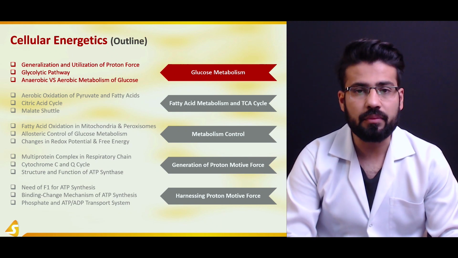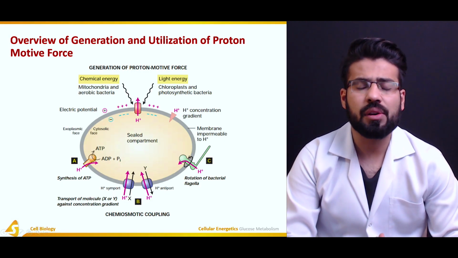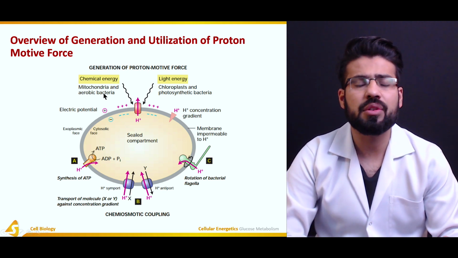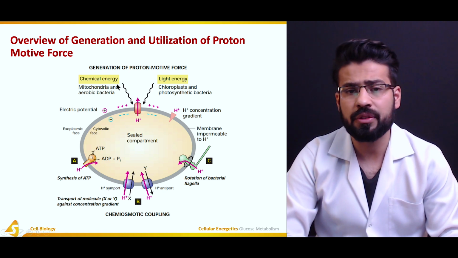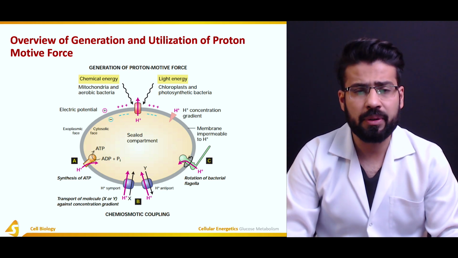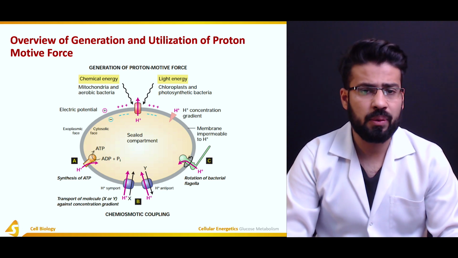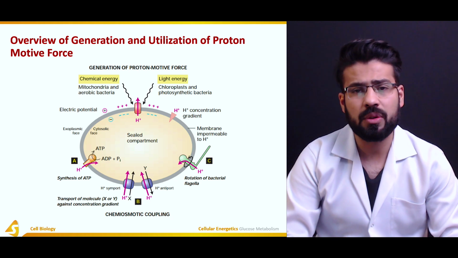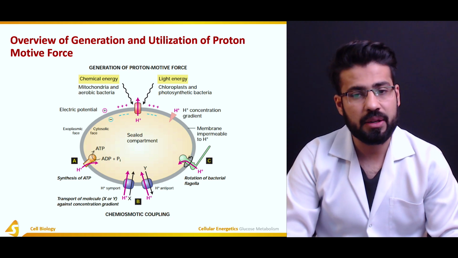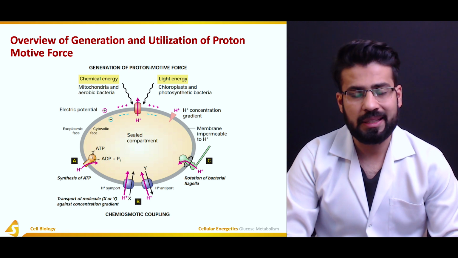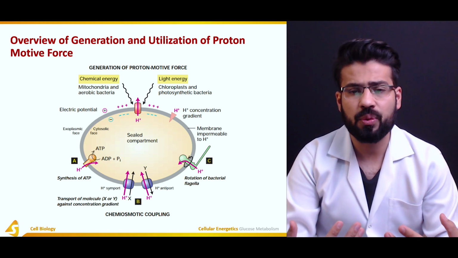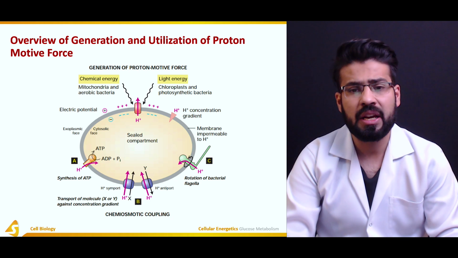So, starting off with the utilization of the proton motive force, what we have here is the generation of the proton motive force, which is primarily because of two reasons. Number one is the chemical energy, which is produced from the mitochondria and the aerobic bacteria. The second is the light energy, which hints towards the process we know as photosynthesis that occurs in the chloroplast and in the photosynthetic bacteria as well. The combination of both the chemical and the light energy is catered under the definition of the proton motive force, where the proton gradient and the electrochemical gradient are utilized